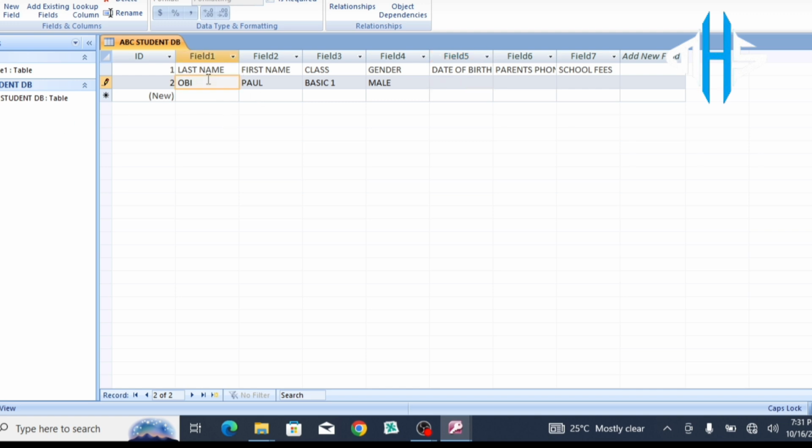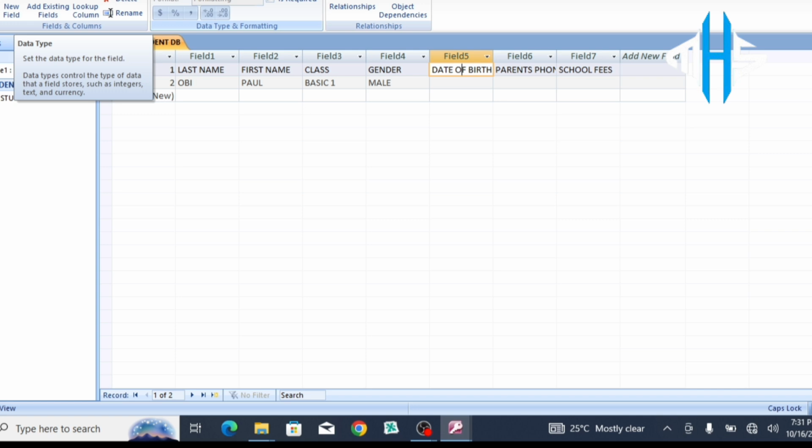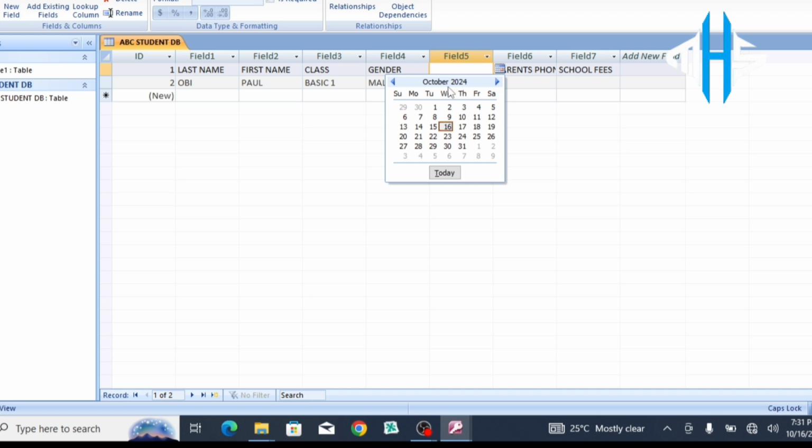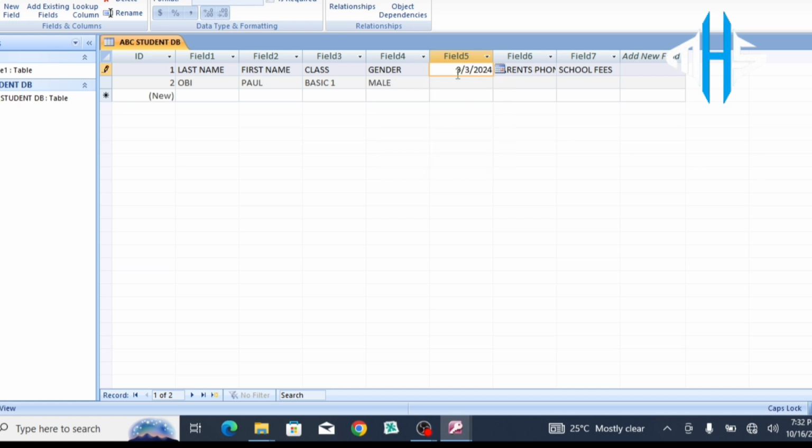Now from here, this first name, if you go to this particular place, the data type is text, and you can change it here, but actually the data type is text, so automatically it gives you text. But for this date of birth, it may not give you the particular data type, so you can come here and change it to date. So this data type is date, so it can automatically give you a calendar. So you can click on this. Maybe this student was born on September 3rd, 2024, or let's say,